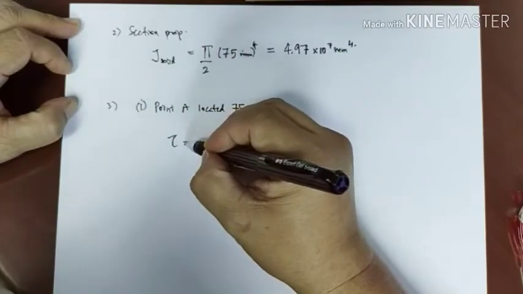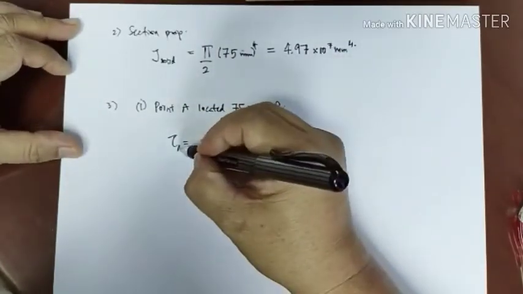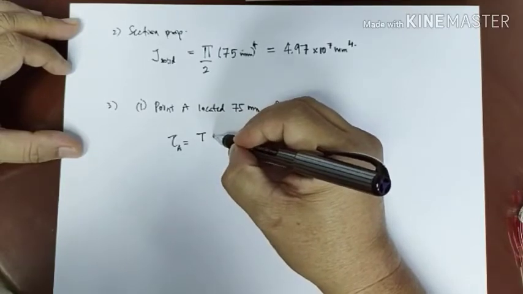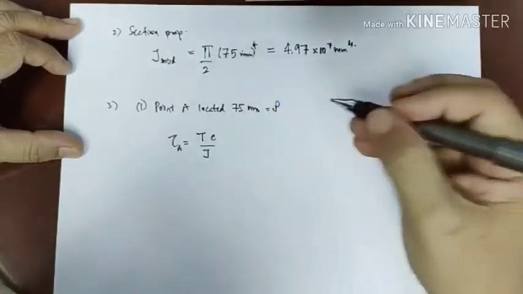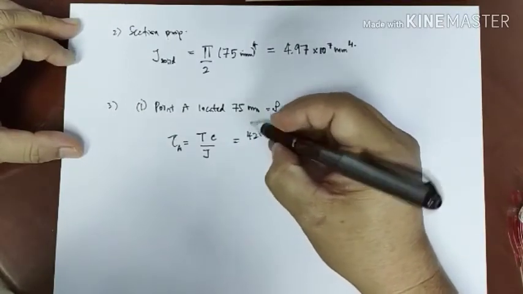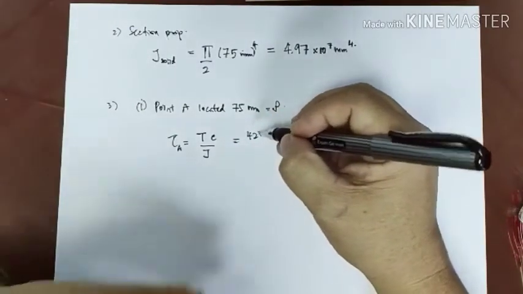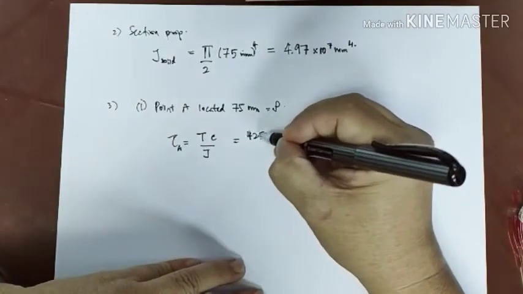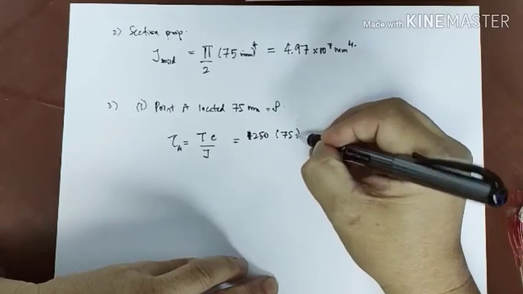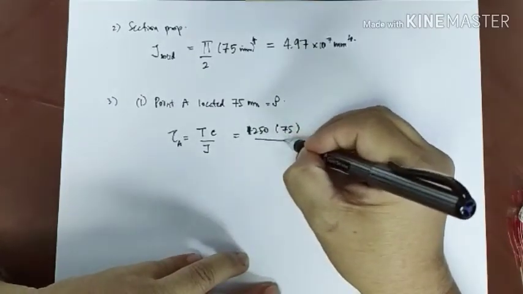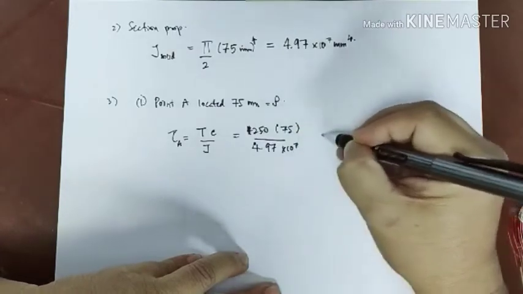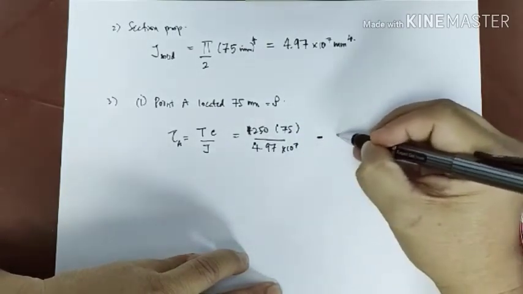So tau A is equivalent to T C over J. T is 1250, the C is 75 and the J is 4.97, so you will get the answer